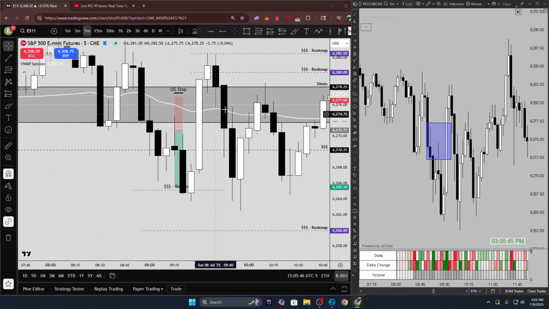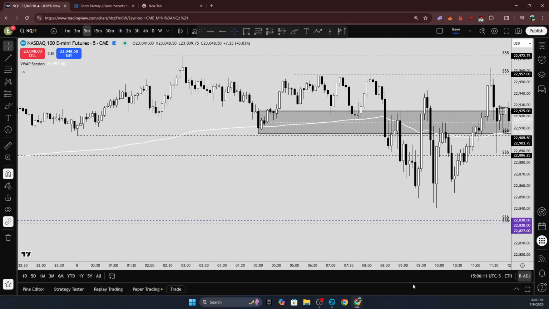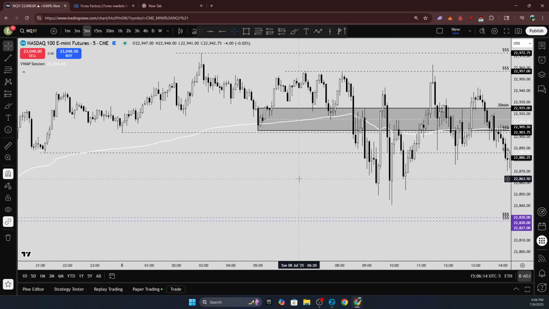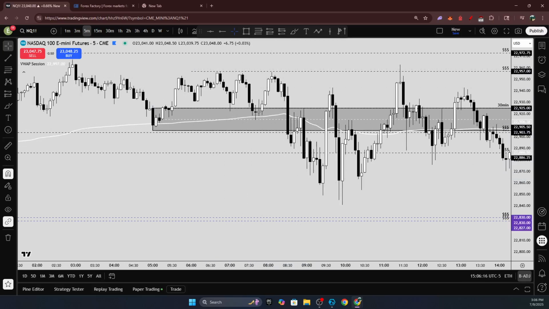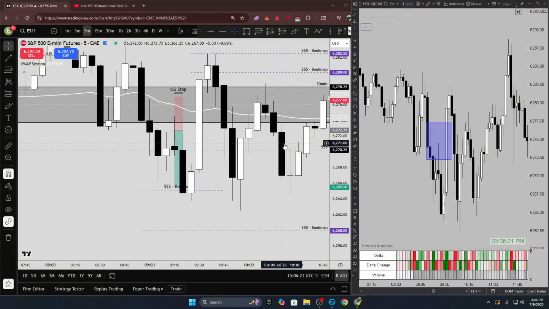And that's why I wanted to take time to discuss the trade that we took yesterday and discuss how this trade came to part and analyze the overall market from yesterday as well. So as you can see, yesterday we did not have much news at all other than ISM PMI. So we didn't have much to work with regarding news and how to handle news yesterday as well. But yesterday was a pretty textbook type of day.